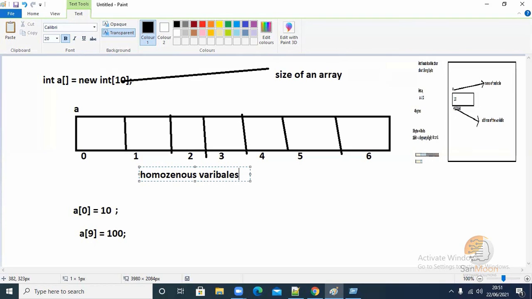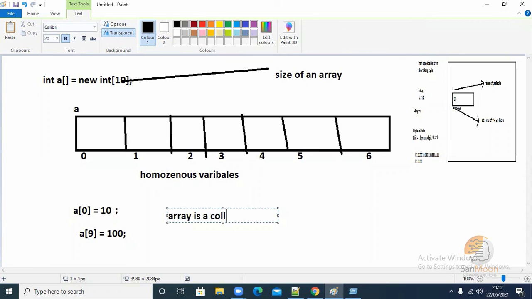What is the definition given here? An array is a collection of something. Collection means a number of them. It's not a single variable. An array is not a single variable; it's a collection of multiple variables. We can create one also, but why would you create just one with an array? You can use a normal variable only. So we always create multiple variables. That's where the array definition will be like this.